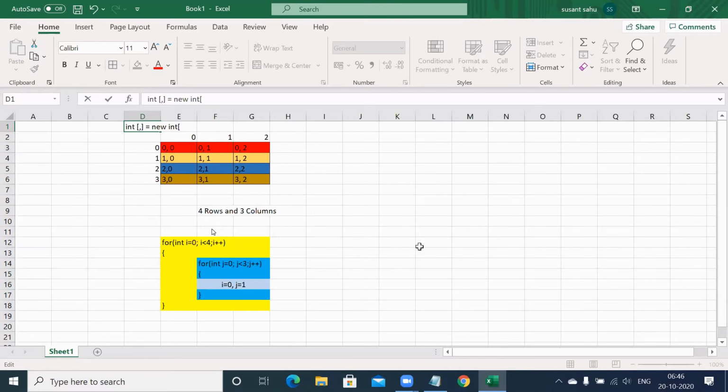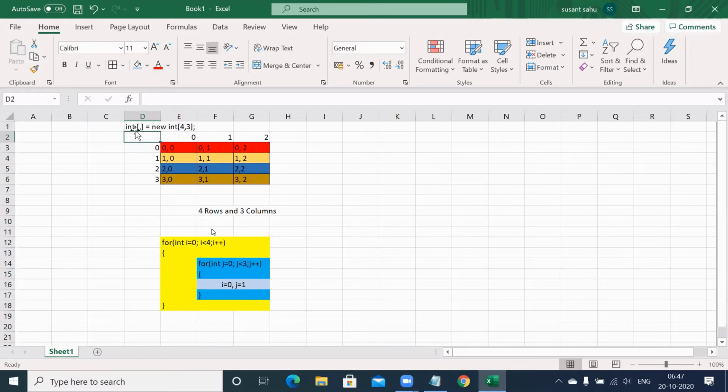In the right hand side square bracket, previously you were giving 4 or 5 or 7, right? Here you have to give 4, comma 3. Why 4, comma 3? Because the first position indicates row numbers, the second position indicates column numbers. Then you have to put a semicolon. That means you declared the array which is having 4 rows and 3 columns.